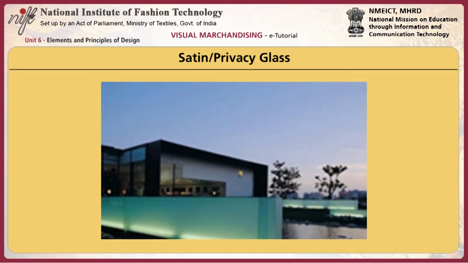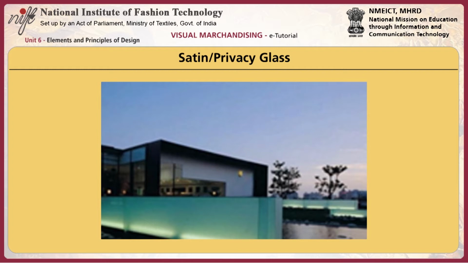Satin or privacy glass. Satin glass has a satin finish, as the name suggests. It is chemically treated to give the desired finish on the surface. It is a good material for decorative purposes. It can also be used as a partition wall in retail spaces or hotels where one requires privacy as it